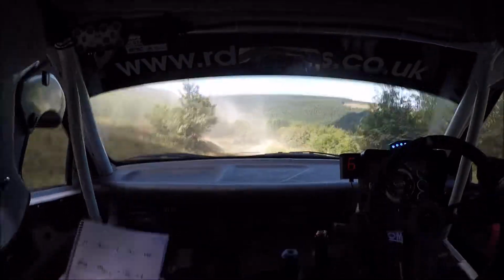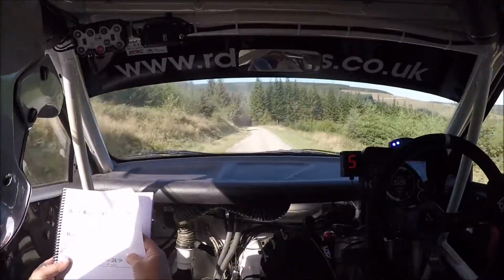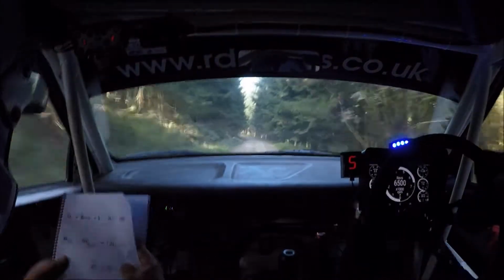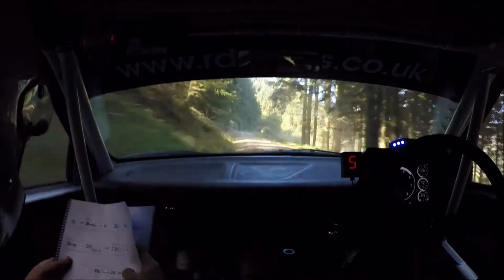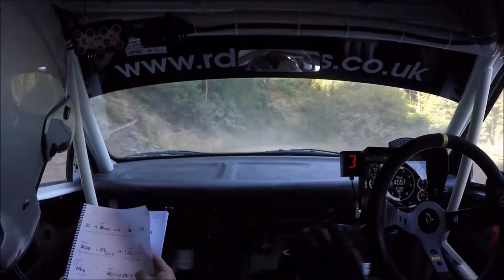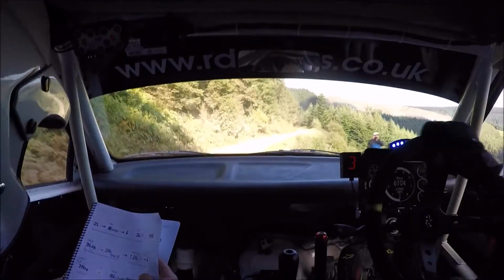2 left, into bump, into 3 left, don't cut, 3 left, 150, long, 2 right to a small crest, into 2 left, into 9 right opens, and 6 left opens at sky,